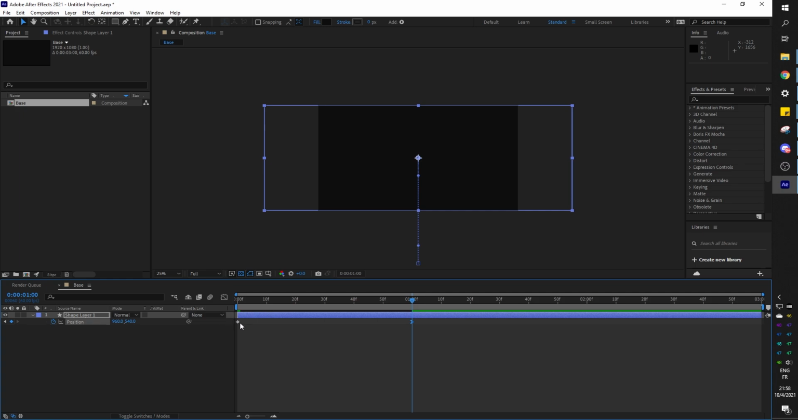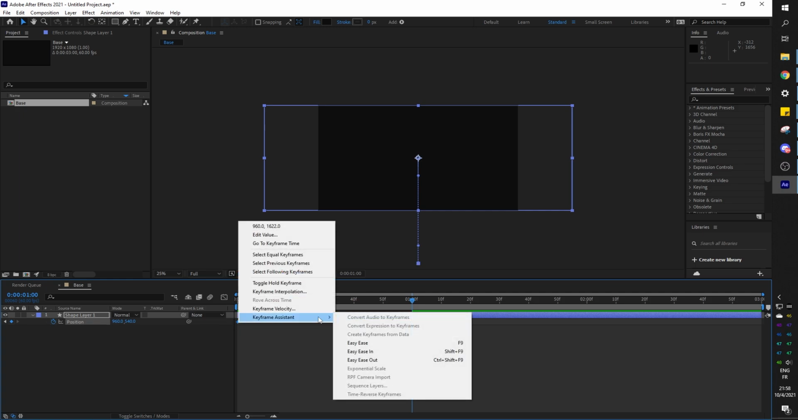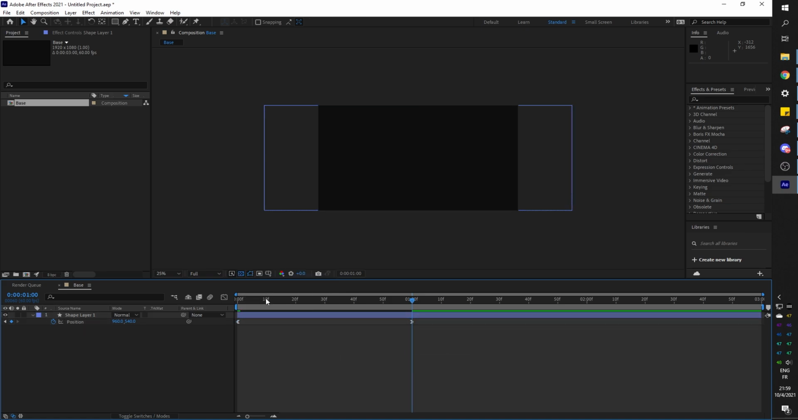Keyframe assistant, ease it in. And this one, we're gonna ease it out. So instead of having it be robotic when it moves, it's gonna be a little bit more organic. It's gonna basically accelerate and decelerate just a little bit, right? So if we play it, you see how it speeds up a little bit? Keep playing. It goes